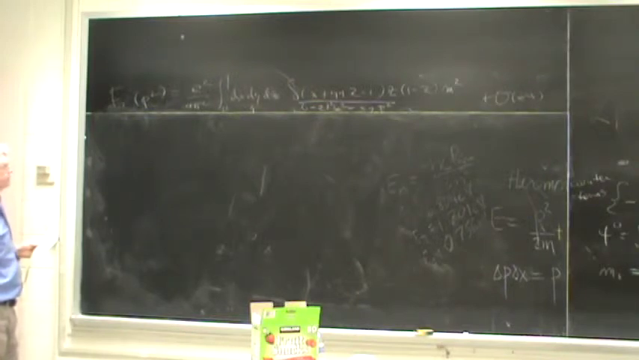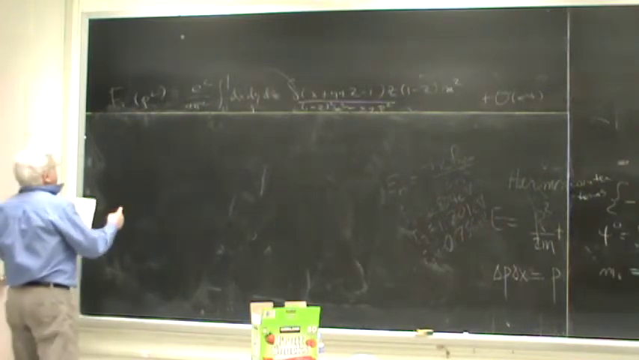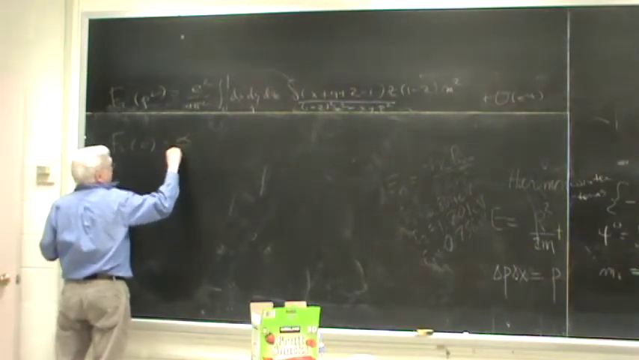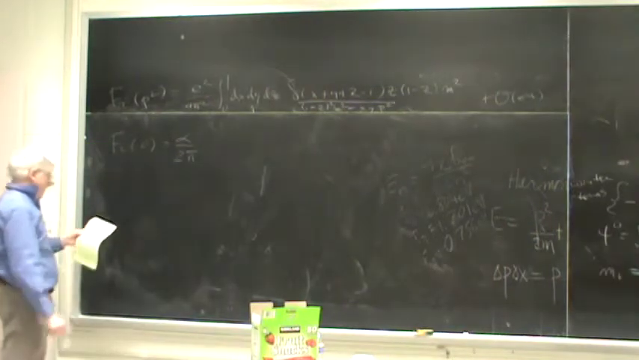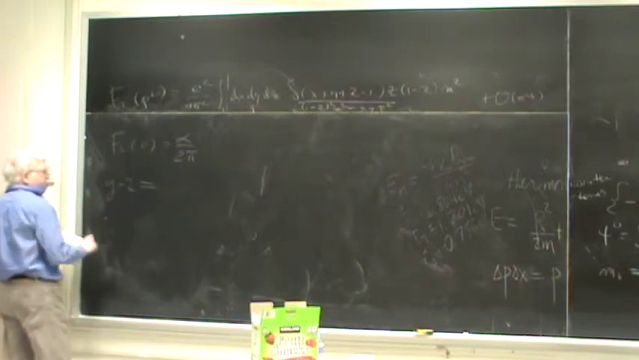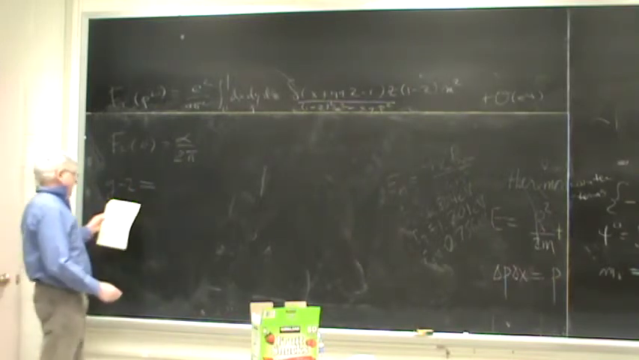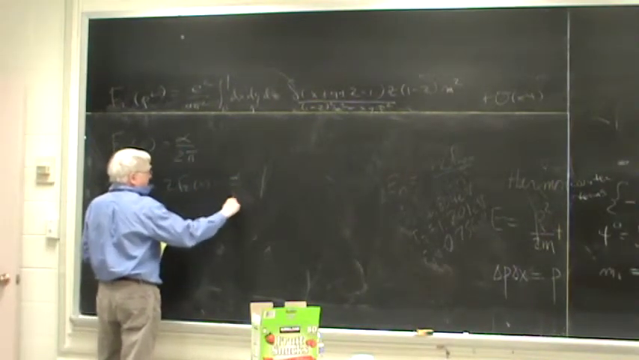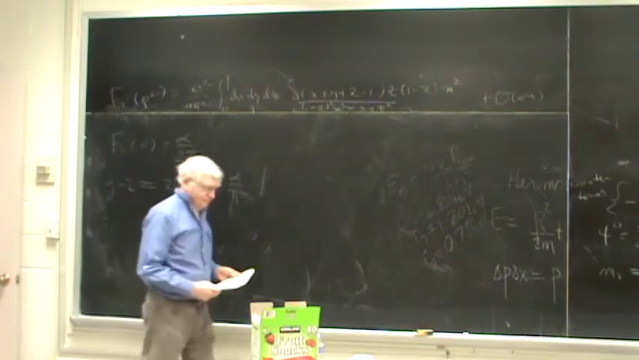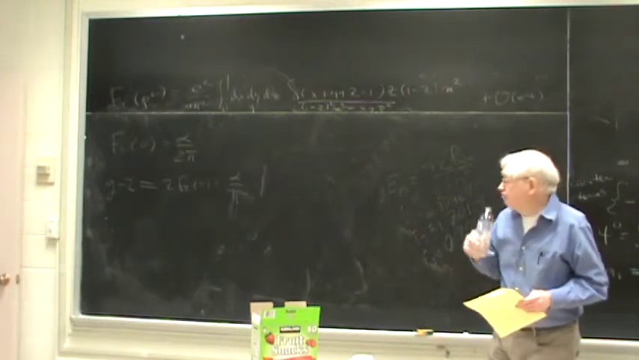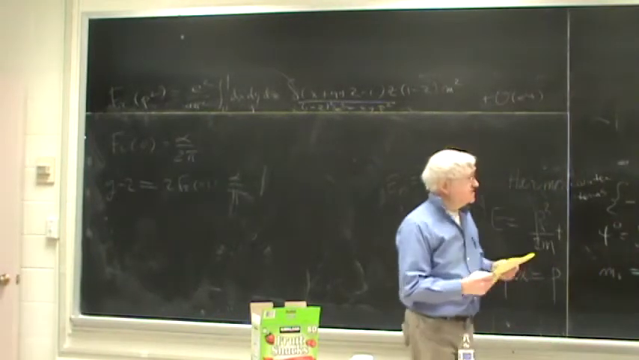And what we got was that F2 of 0 turned out to be simply alpha over 2 pi. And that gave us, you remember, the g minus 2, the correction to the magnetic moment of the electron, which was then 2F2 of 0, or alpha over pi. All right, so that's that. Let's